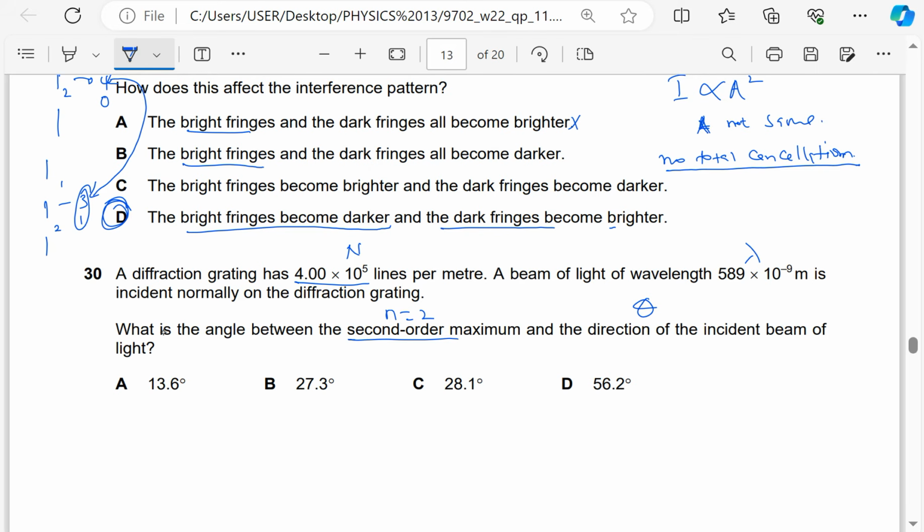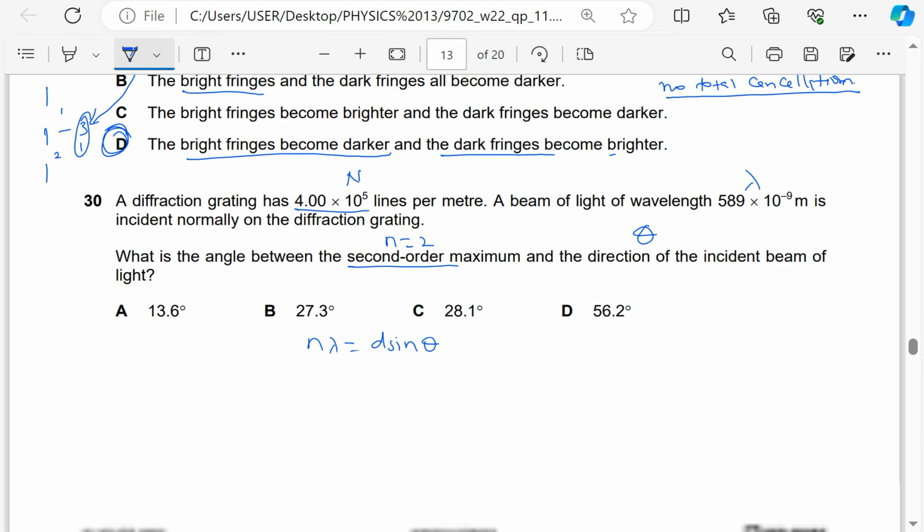For a diffraction grating, we are all aware that n lambda equals d sine theta. So theta is going to be the sine inverse of n, which is 2, the wavelength is 589 times 10 to the power of minus 9, divided